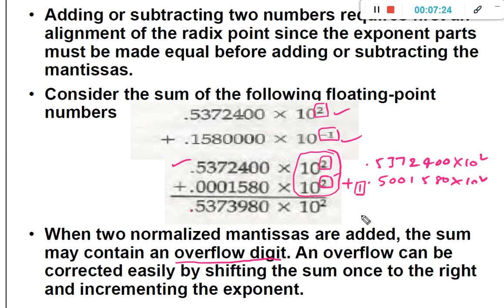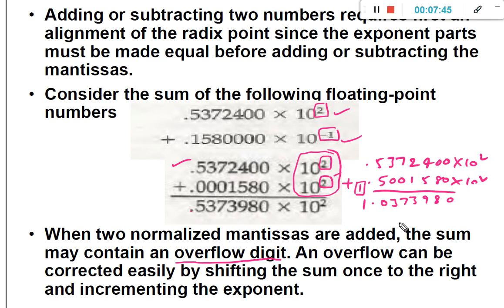Okay, overflow will occur. So if you add these two values, the result will be 1.0373980. So now an overflow has occurred.